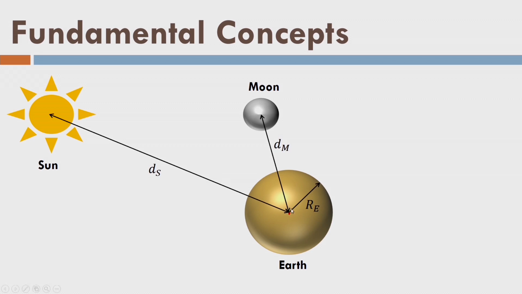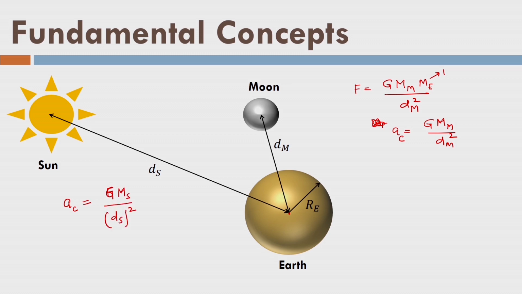At the center point of Earth, the force acting between Moon and Earth I can write by Newton's law of gravitation: mass of the Moon times mass of the Earth divided by dm square. Here we are talking about a unit mass on the Earth, so I can write the acceleration at the center of the Earth as G m_M divided by dm square. In a similar fashion, I can write the acceleration for the Sun at the center of the Earth, caused by the mass of the Sun. We agree with this idea?